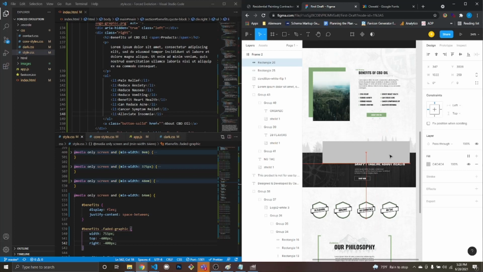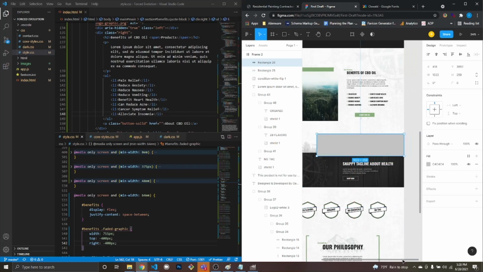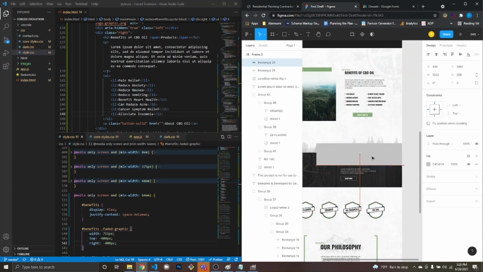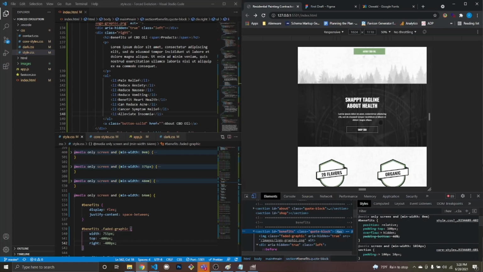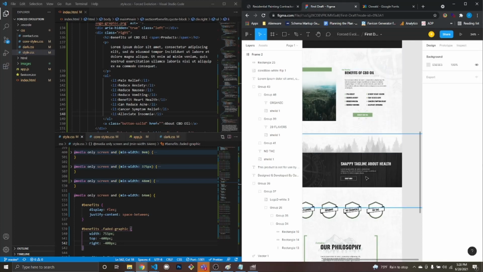Maybe if I had it left aligned, would it fit? I don't think we have enough space to do it right aligned like this. And if we do it left aligned, I might be able to. But first, let's